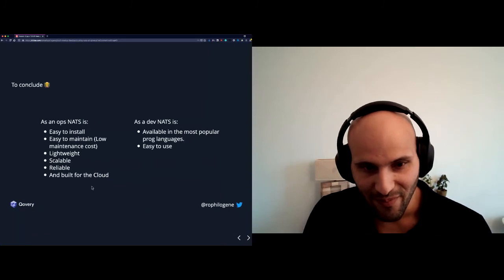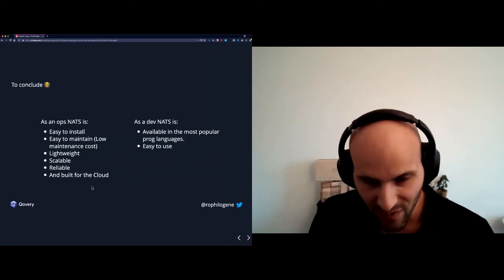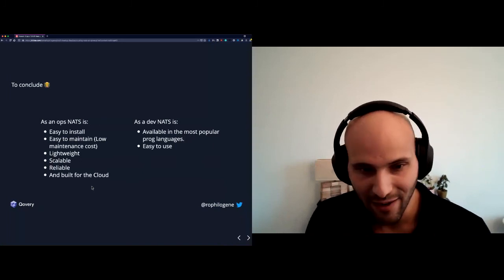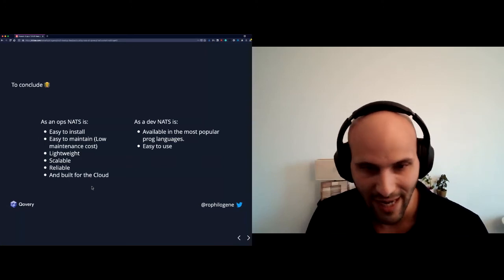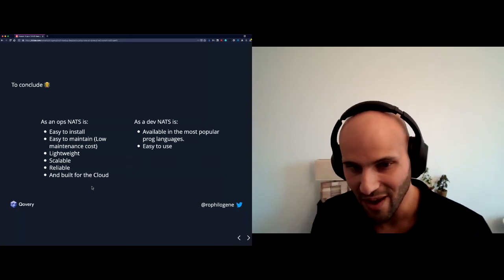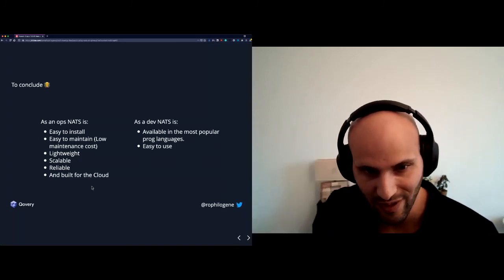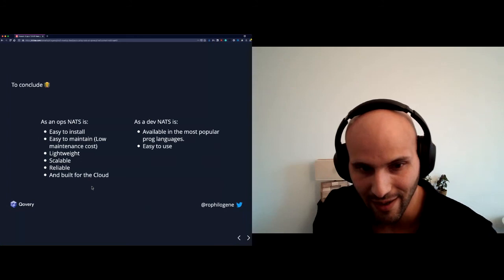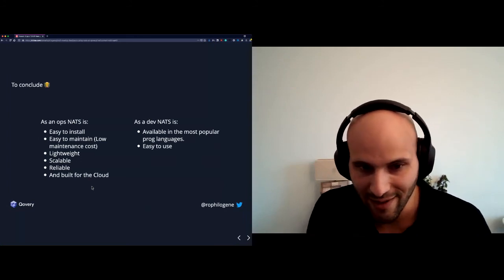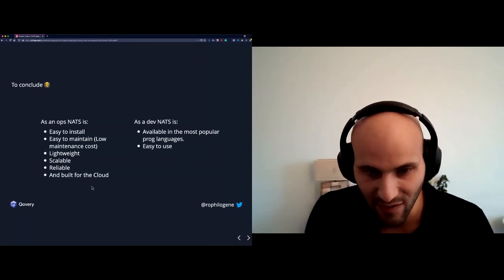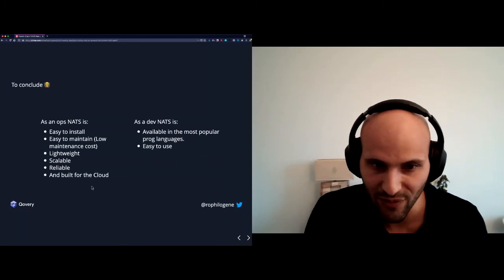So to conclude, having been in the industry for years, managing RabbitMQ and Kafka systems as well, that's why we made this choice of using NATS. It's a good compromise between resilience, availability, and ease of use, between two different personas, the ops and the developer.